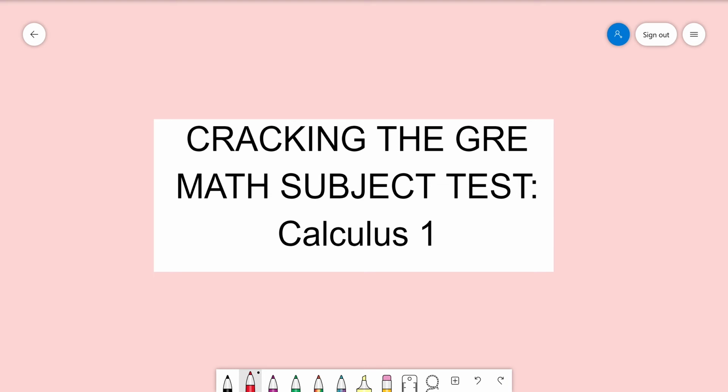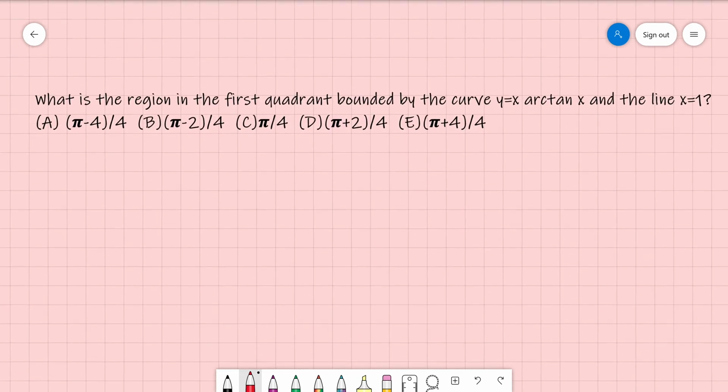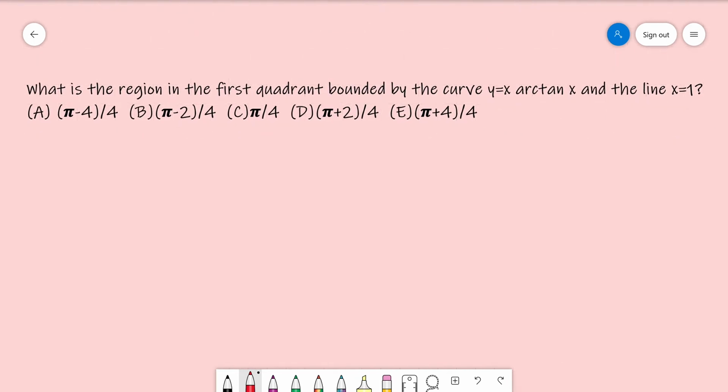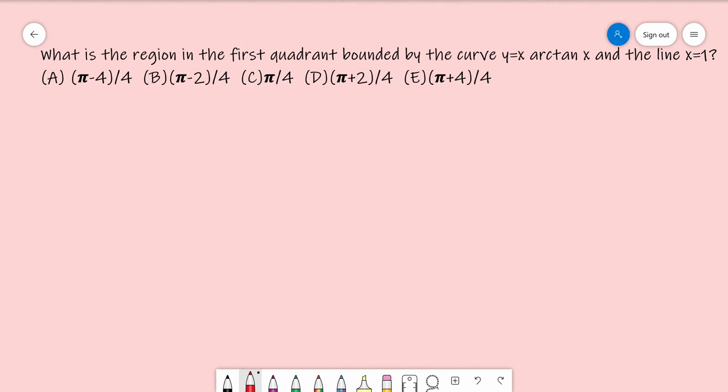This is Calculus 1. We're on question number 29. This question is a little bit hard. We've got to find an integral here because we're looking for the area of the region bounded, in the first quadrant, by the curve y equals x arctangent x and the line x equals 1. That's a vertical line. So we can represent this region by the integral from 0 to 1 of x arctangent of x